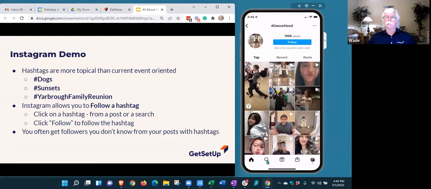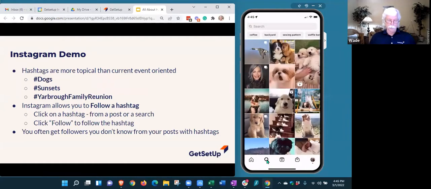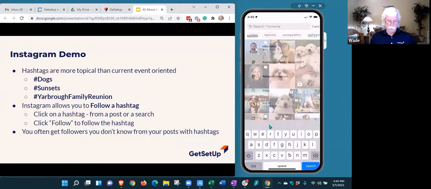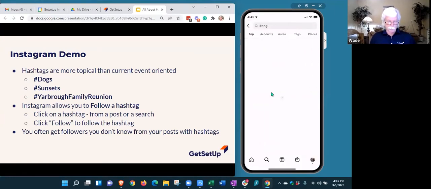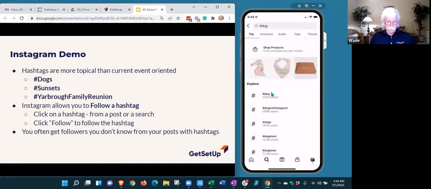If I want to go look for hashtags, I can hit here and it'll take me to a search. Let's search for dogs because that's very popular. I've already searched for that, so I'm going to save some time. I'll just search for hashtag dog. It shows me the different hashtags that start with DOG.